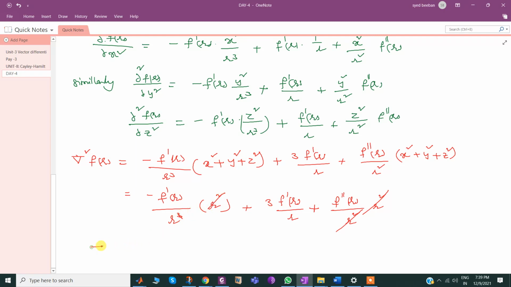So therefore del square f(r) is equal to 3 f'(r) can be taken common. So I may write here 3/r minus 1/r will be 2/r. f'(r) is common by r, so I may get 3 minus 1, 2. So simply 2,